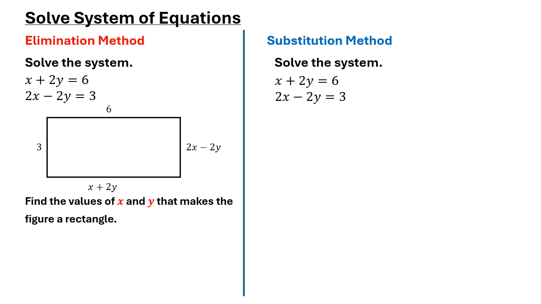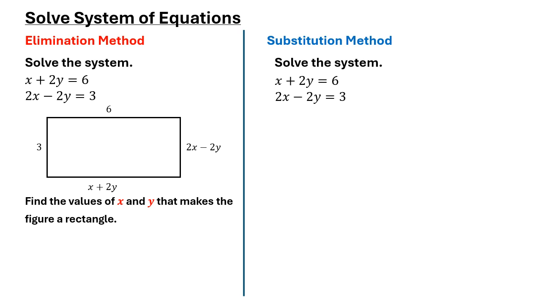For example, this shape here looks like a rectangle, but we're not very sure yet. It just looks like a rectangle. But they're asking us that with the information given, we need to establish a relationship with the side lengths to prove that the shape is a rectangle. Now, for this shape to be a rectangle, there are some properties of a rectangle that we